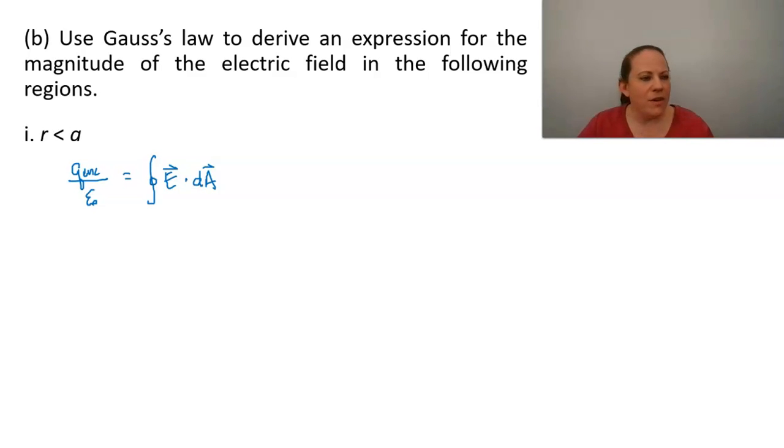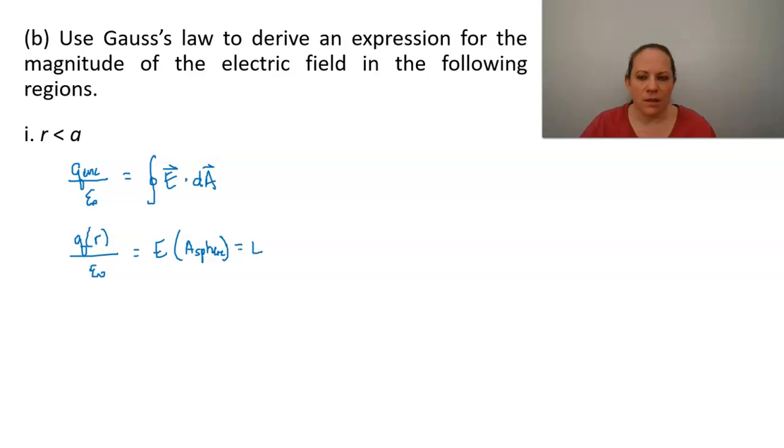Well, our charge is going to be some function of r, the radius of our Gaussian sphere, because as we showed in the previous part, we're only going to encompass a portion of the volume of the sphere. So Q of r over epsilon naught equals the electric field times the area of a sphere,